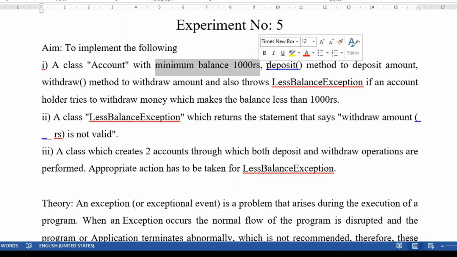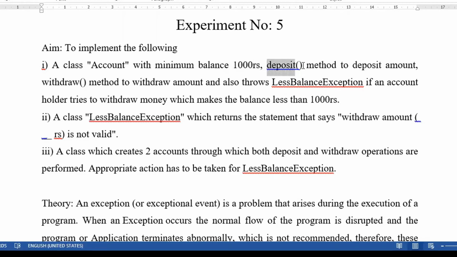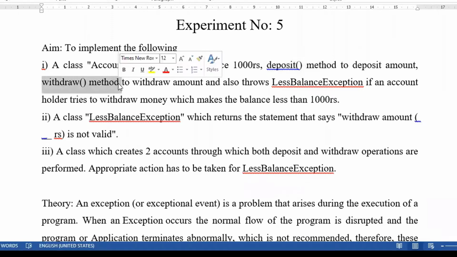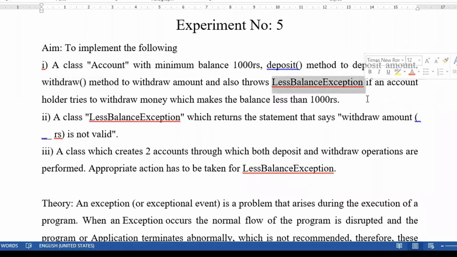Clear? Now what I need to do is have two methods. One is with respect to deposit, and I need to have one more method with respect to withdraw. Whenever there is a low balance, a less balance exception needs to be raised, right?